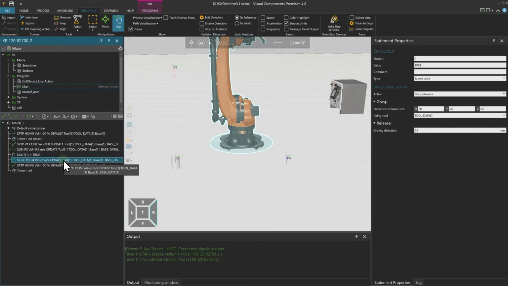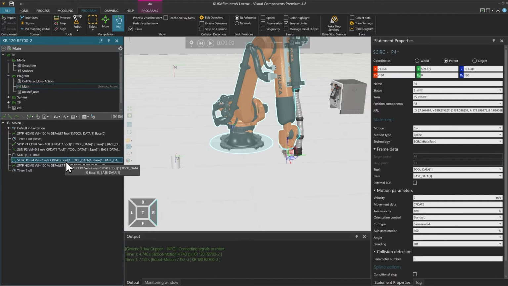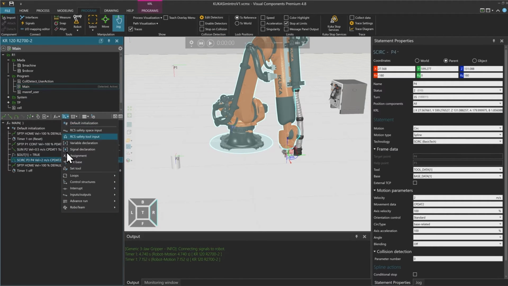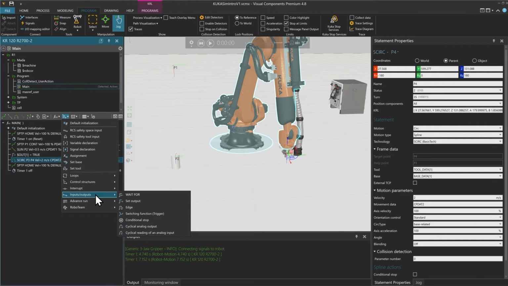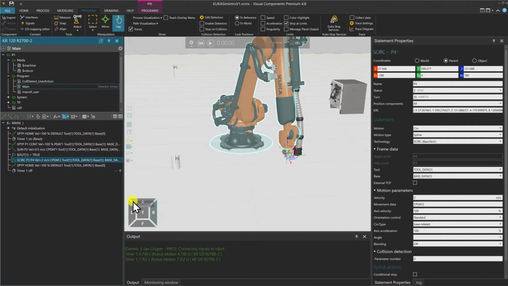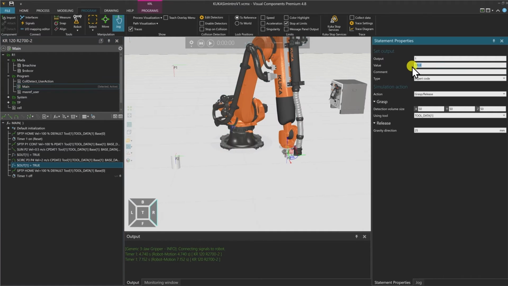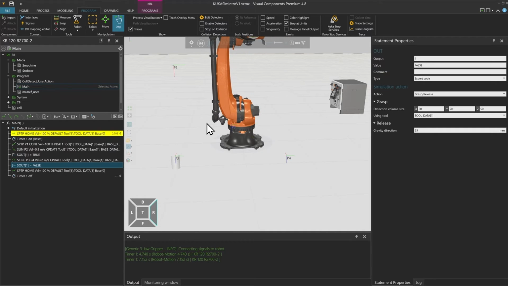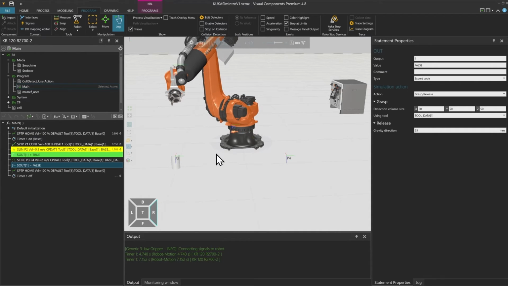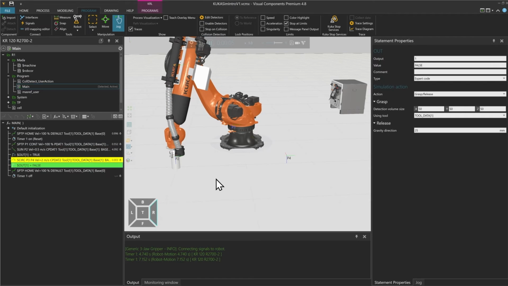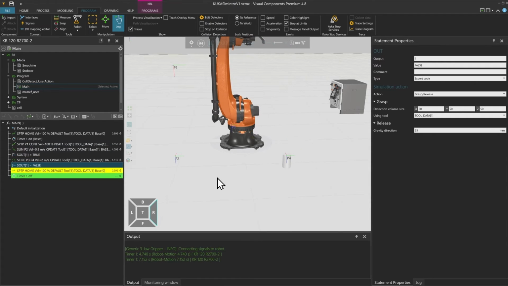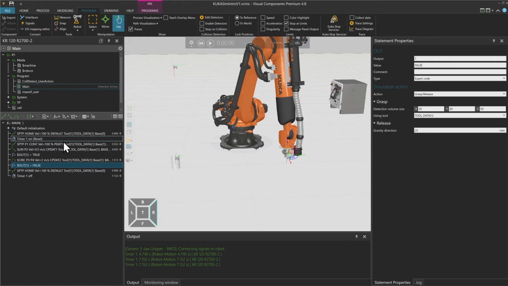After my point 4, I want to release this part. So again, I will go to logic, go to my inputs and outputs, set an output, and I will now write here as a value false. This is not case sensitive, but you have to write false in it. And when I play the simulation now, it moves my part. And if I now go back to my home position,